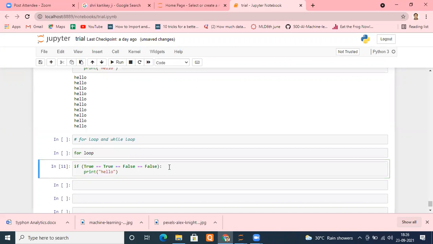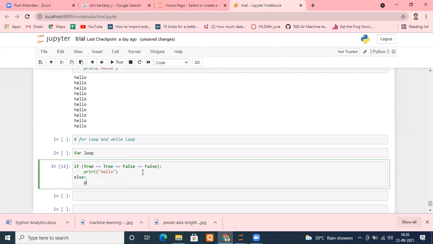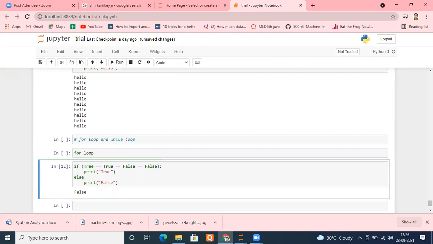It's not doing anything. True equals to true. Print hello. Let me check one more thing. Actually, understand what this will do. See, I'm doing that print. Let me better make it true, you'll understand that in a better way. And let me do it. False. You should print false. You may understand the reason.